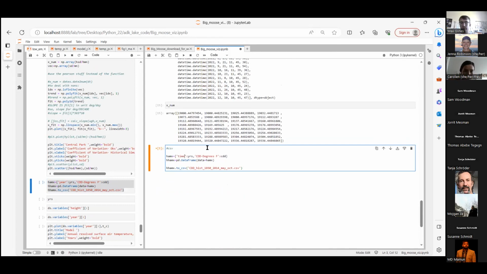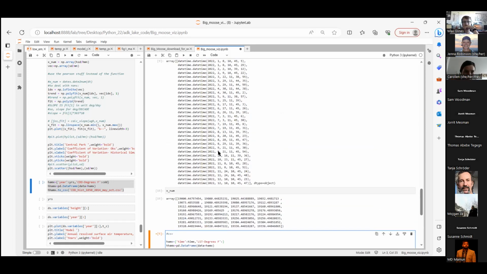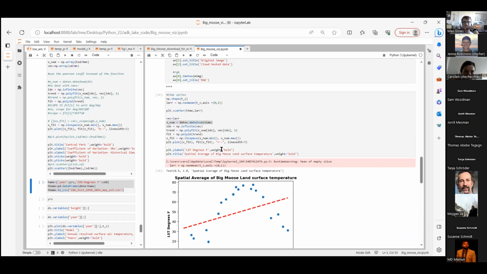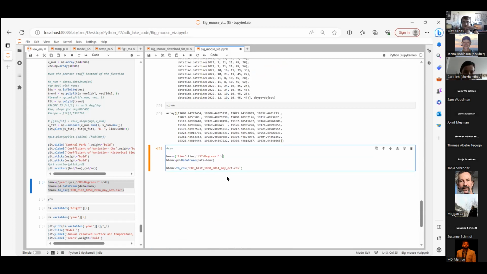So I'm going to say time, and put our degrees. So I'm going to put LST, and what are we calling this? lar, and let's call this